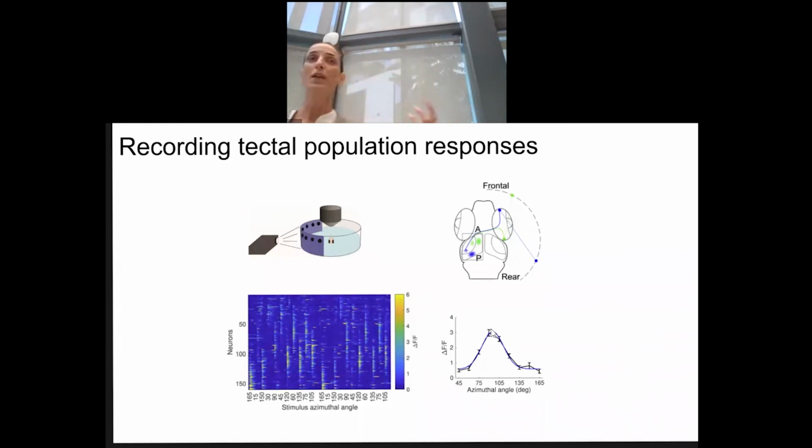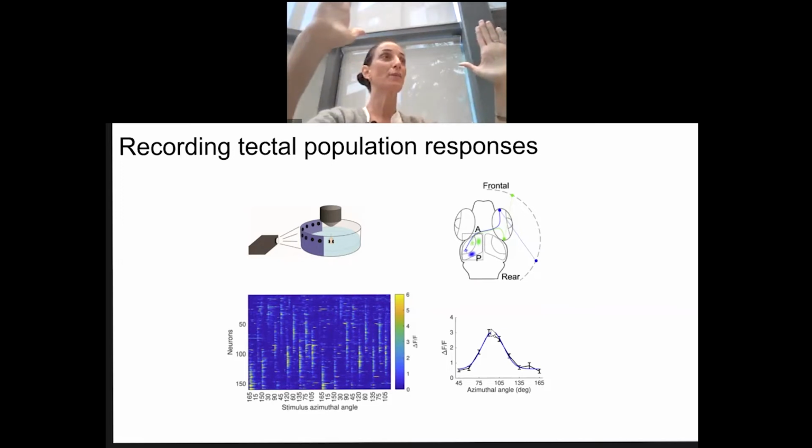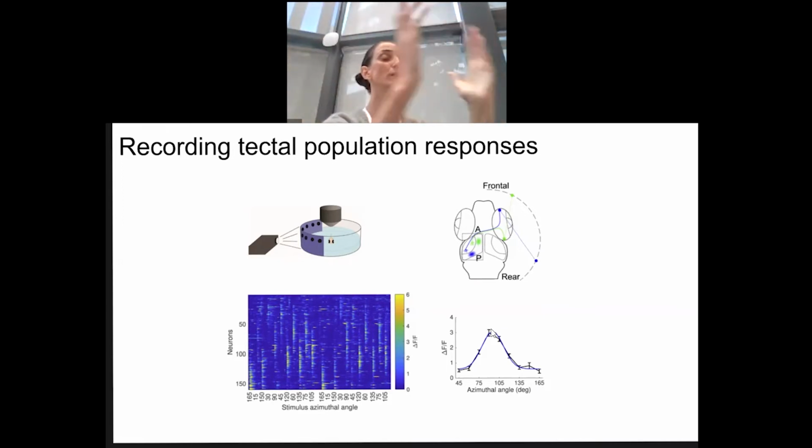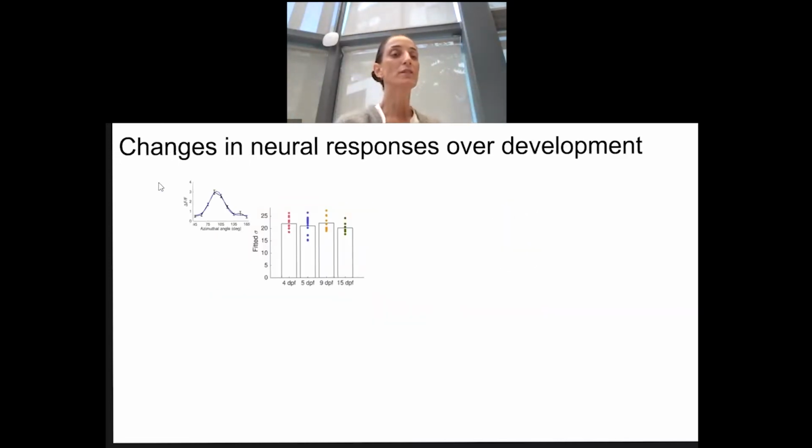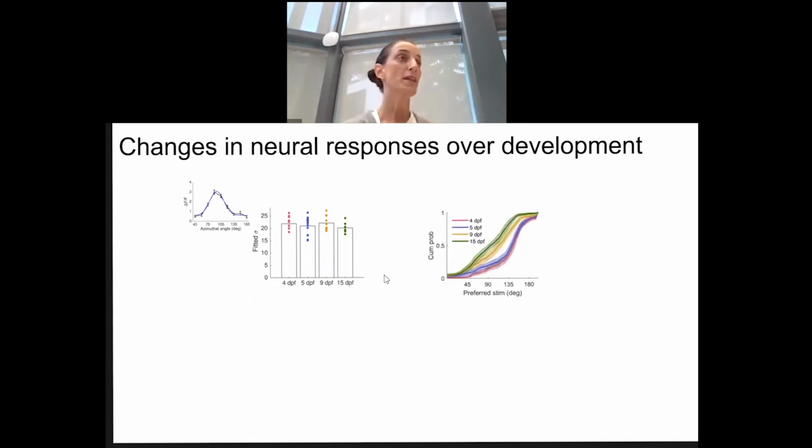And then there's a notion that if there is this tuning curve, every neuron has the area or the position in the visual field to which it is responsive. Perhaps when they grow old, these curves are getting narrower or become sharper, and that's what gives us this great acuity. But when we looked at the standard deviation of these curves, we saw that they didn't really change in width. What did change was the preferred position.